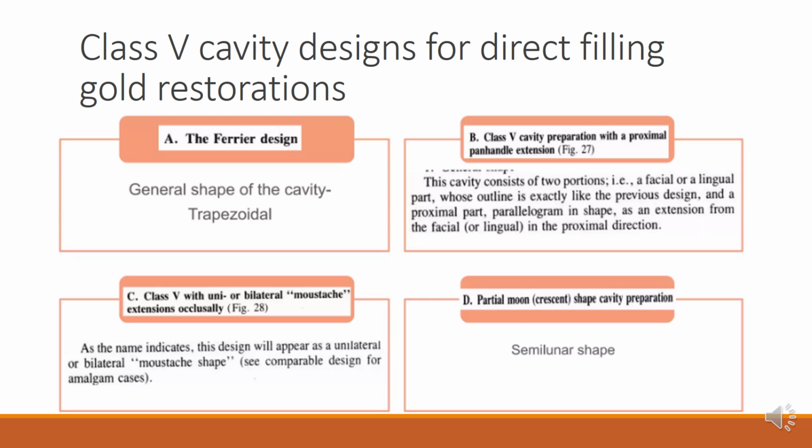There are four types of design. The Ferrier design: the general shape of the cavity of such a design is trapezoidal. Then class 5 cavity preparation with a proximal panhandle extension. This cavity consists of two portions, a facial or a lingual part whose outline is exactly like the previous design, and a proximal part, parallelogram in shape, as an extension from the